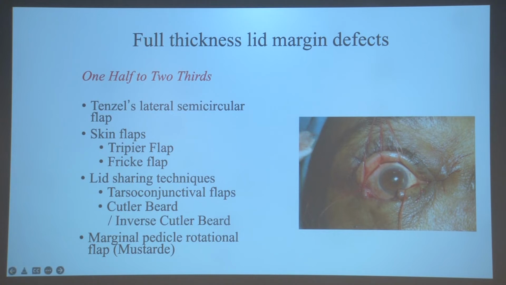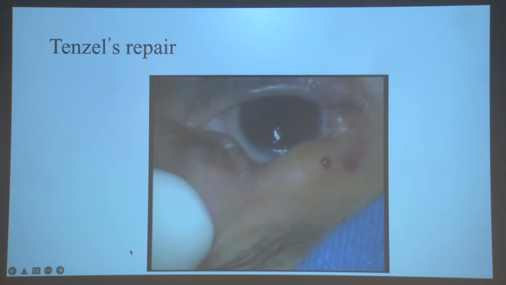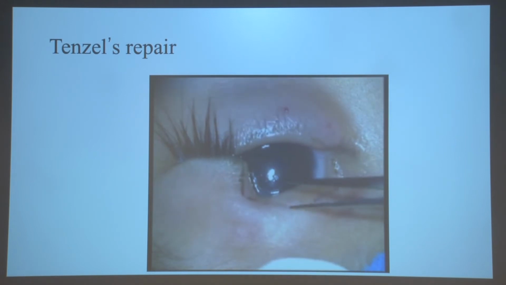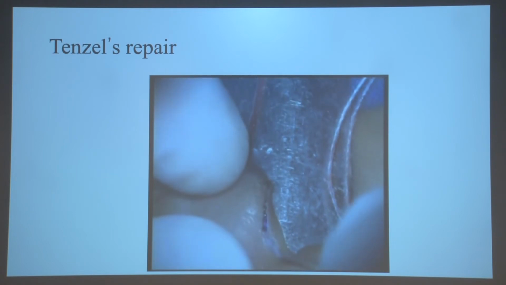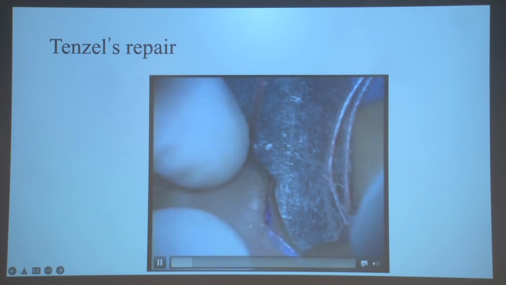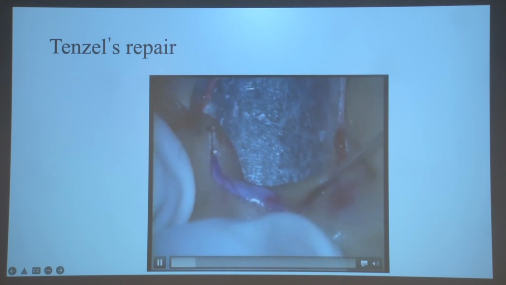And of course, Mustardé flaps. So we will look at this video just to highlight some of the principles of reconstruction. First, the defect has to be converted into a pentagonal shape where the pentagon goes vertically till the edge